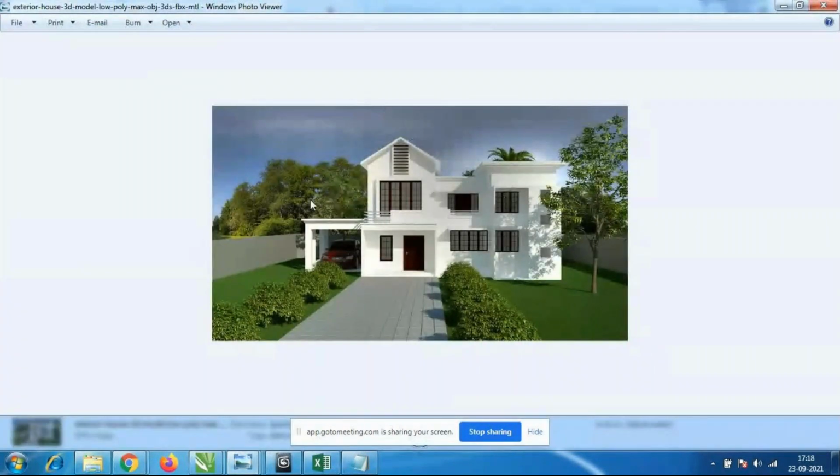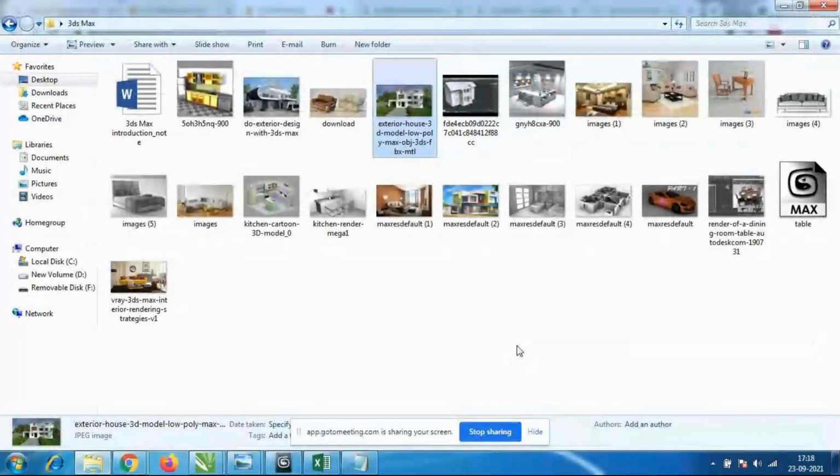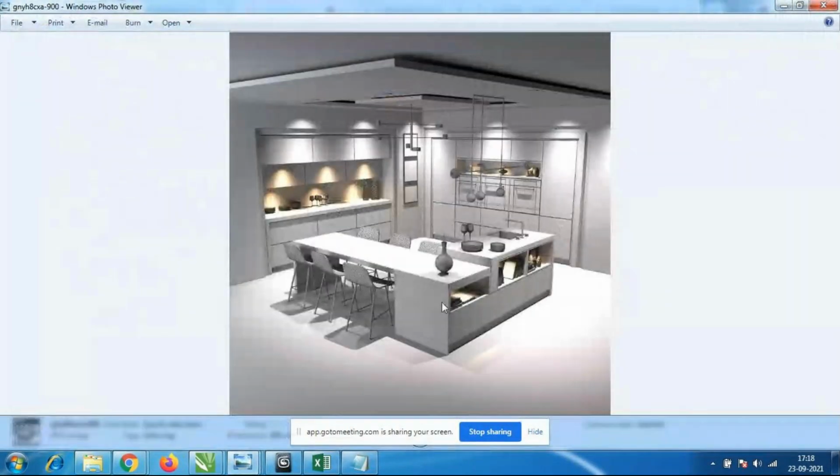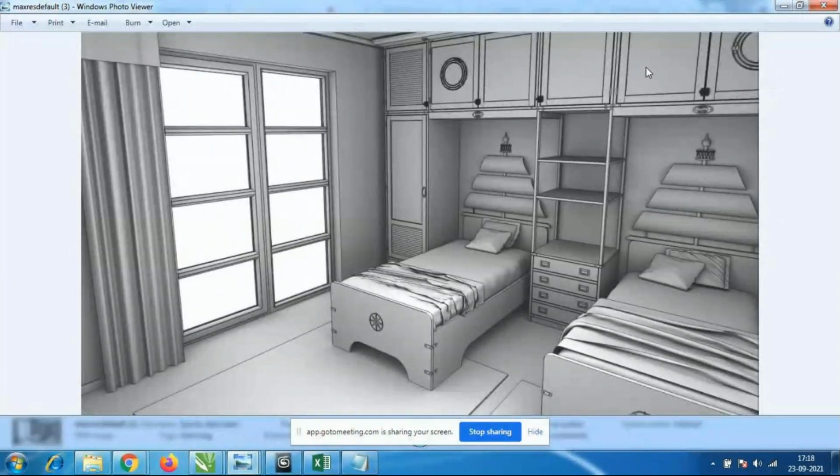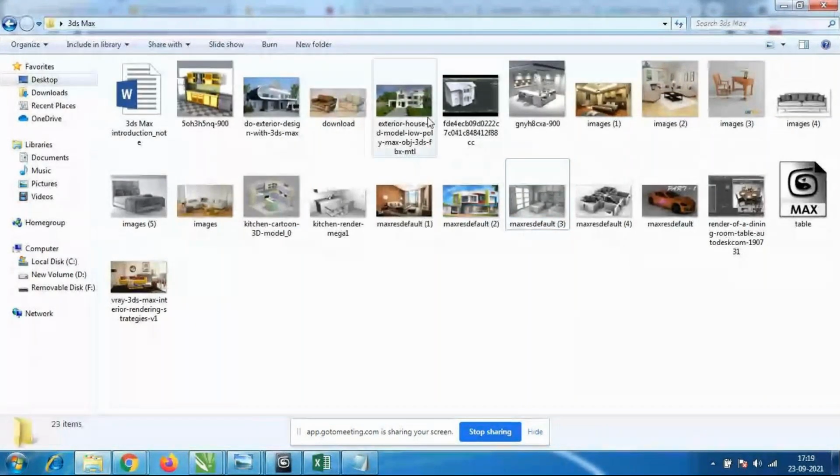From outside also it should look good, and inside also we have to make the plan. Outside, at least it should look like a single floor or a double floor. No need to create the second floor interior designing. Only the ground floor we have to create the designs. At least two or three things should be there, like the kitchen. If we are not able to do heavy work, minimum work we have to do: table, chair, cot, bed, and cupboard designs. All these things we have to add step by step.